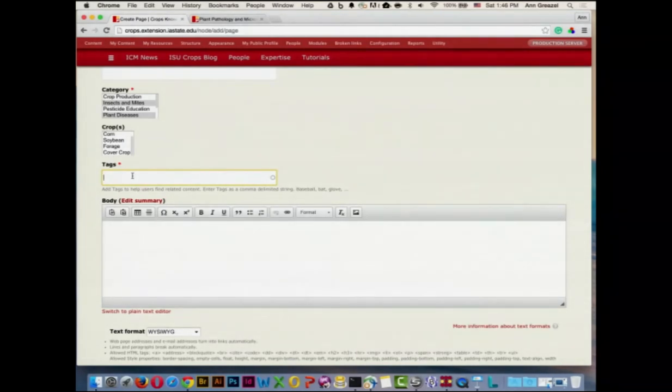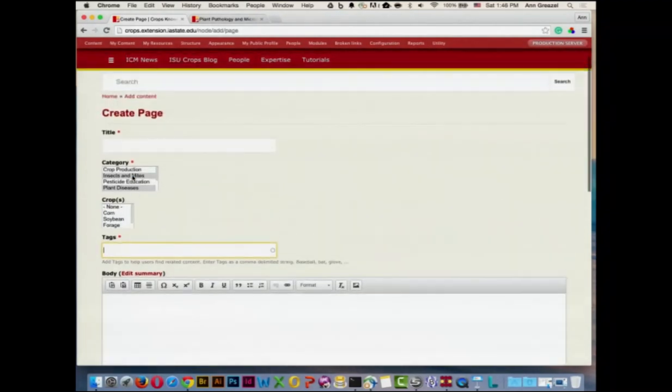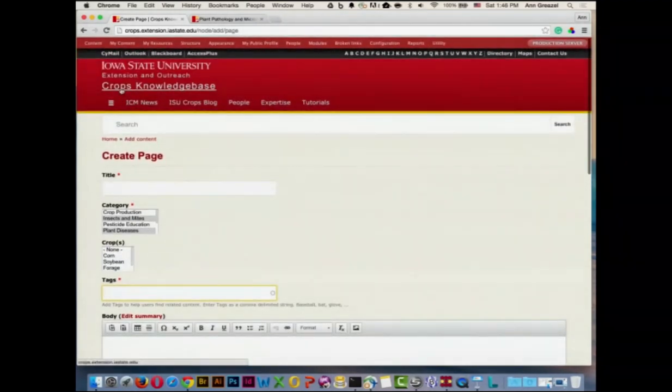We require at least one word. And it's useful for a couple things. One is SEO, as you alluded to earlier. And the other thing is facets, like we just saw. But we use it for a third thing as well, which is the site index. So if you go down to the site index,